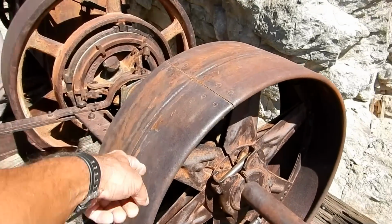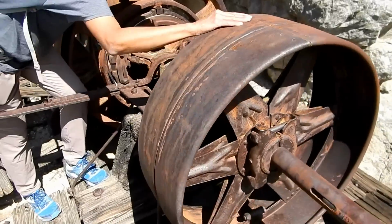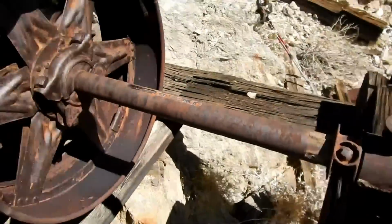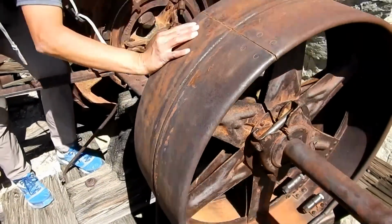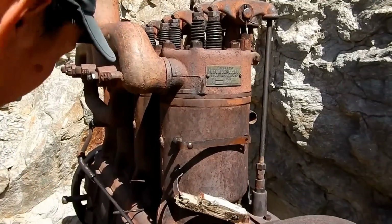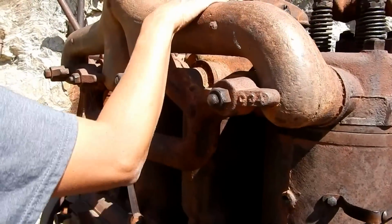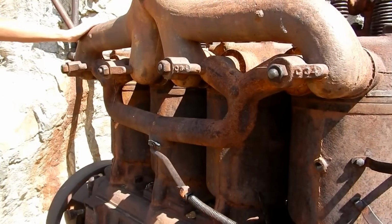So this is a 65 horsepower Aurora engine. This main shaft still spins here. Cool. That's pretty amazing that it still spins in it. Yeah, 65 horsepower. It looks like 4 cylinders. I see 4 big cylinders here. I don't know what it ran on, if it's gas or diesel or...